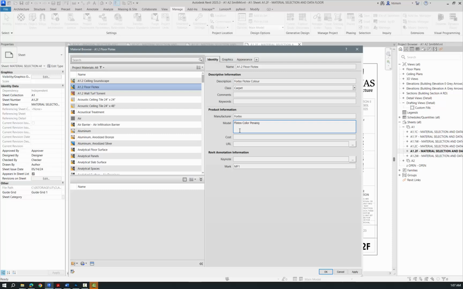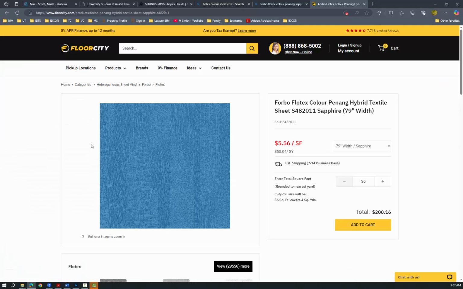We could just say Penang. I think it's sapphire. And the cost is $556, and that's just for the carpet. We're not including all the other stuff. And then the URL, let's go ahead and